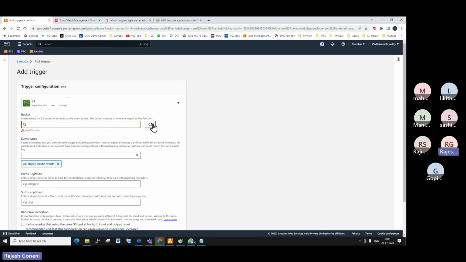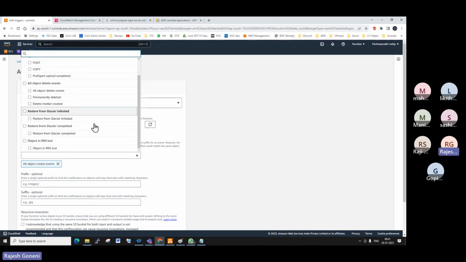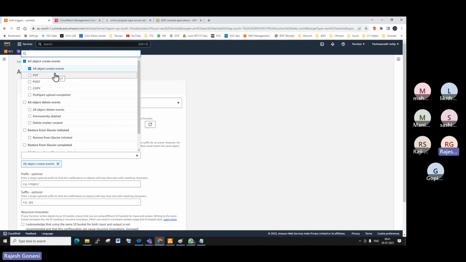Suppose some bucket is there. If the bucket once is selected, an event you need to generate. What event? Based on this condition, if somebody puts the image, somebody posts the image, somebody copies the image, somebody is uploading the data multiple times. Okay, so